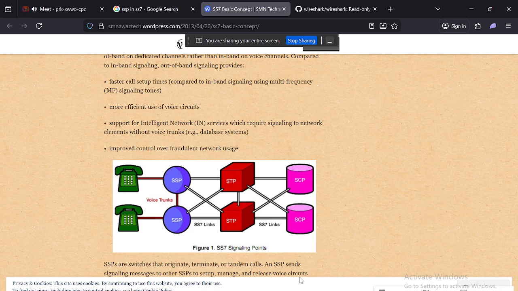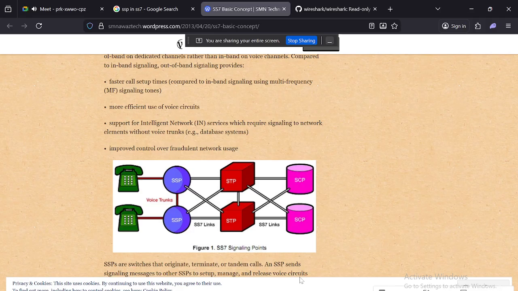And local switching, connecting calls between subscribers served by the same switch without involving the wider network. Access to network services, like call waiting. If you and your friend are talking on the phone and a third party calls you, it will come as call waiting, otherwise call forward, with caller ID and emergency calling numbers like 911. That's maybe mandatory in SS7.